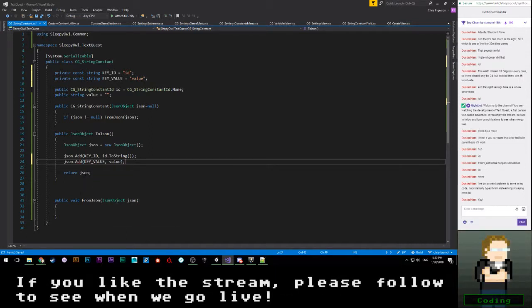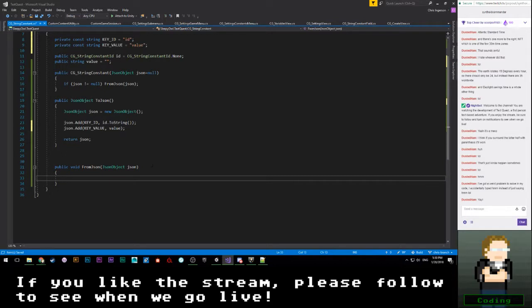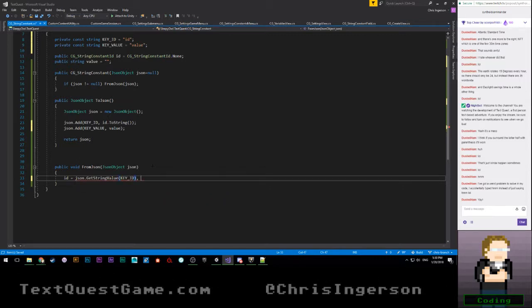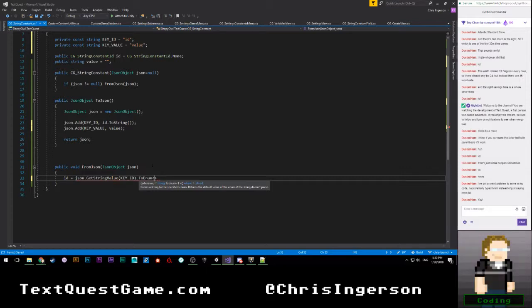All right. From JSON, it's pretty much the exact same, but in reverse. So we're just going to say ID is equal to JSON.getStringValue key underscore ID dot to enum, and it's going to be a CG string constant.